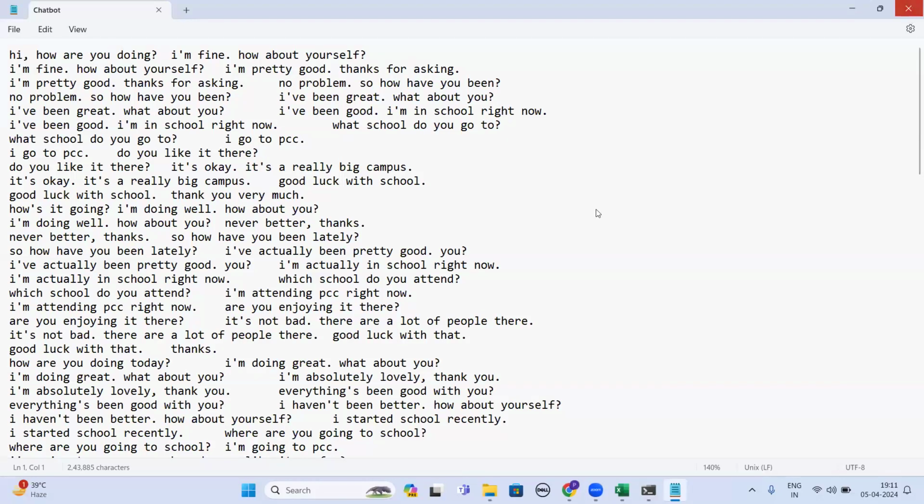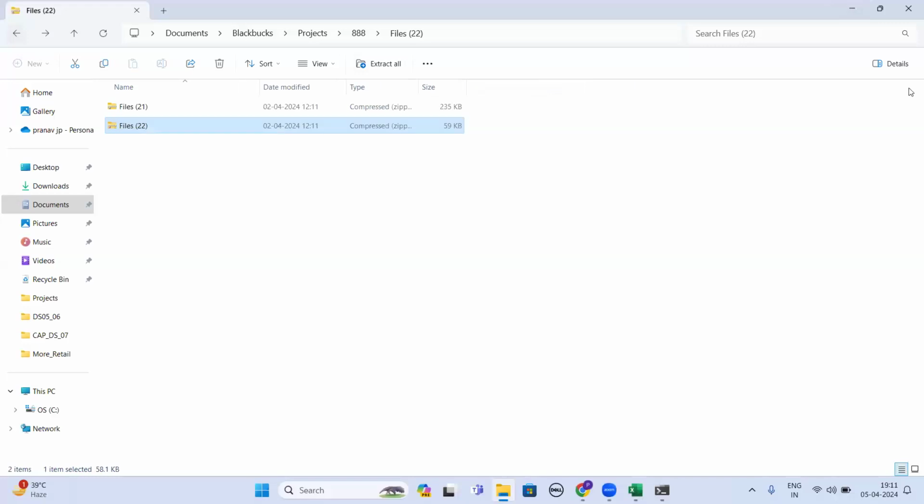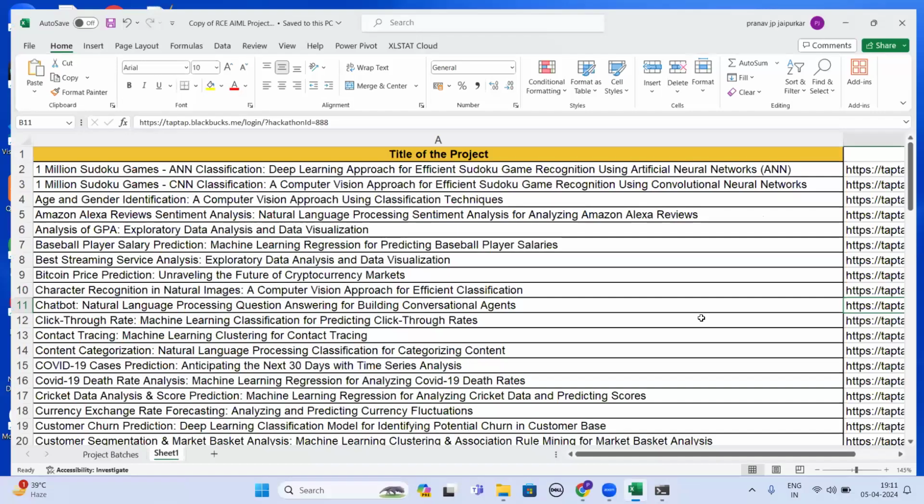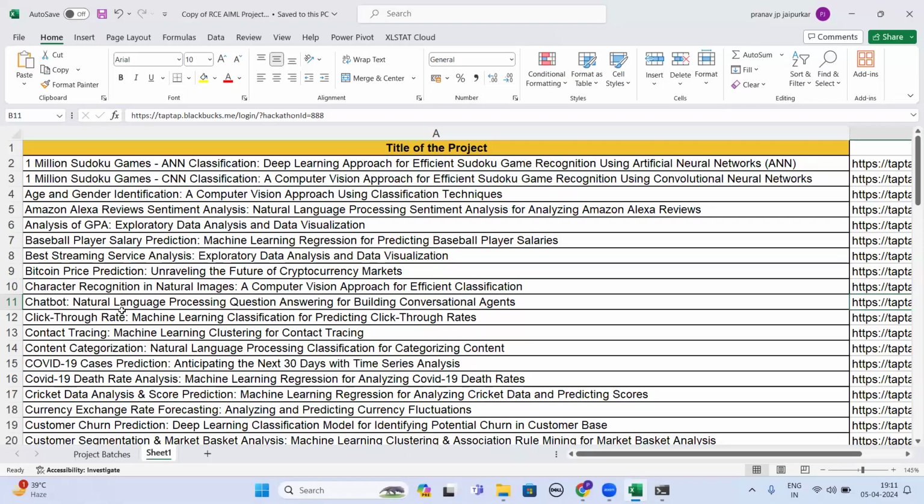Now, after this is done, let's see the next project that is available out here, right? That is project number one. Now the project number two over here is